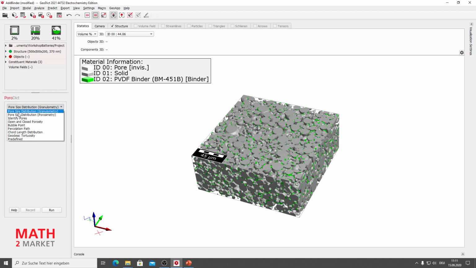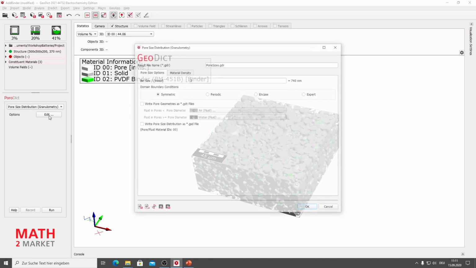And then there are also other ways of defining pore sizes. For example, identify pores, which uses a watershed algorithm. Then you can also calculate open and closed porosity and some other special things. But as I said, we are going to focus on the granulometry, and we click on Edit.